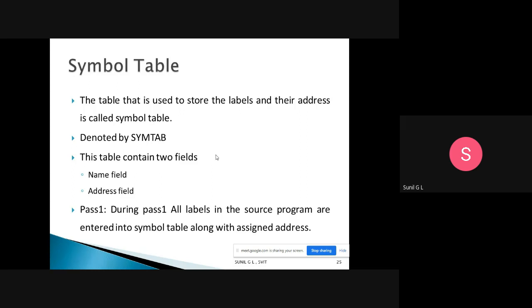The table that is used to store the labels and their addresses is called the symbol table. Simply, we call it sim tab.